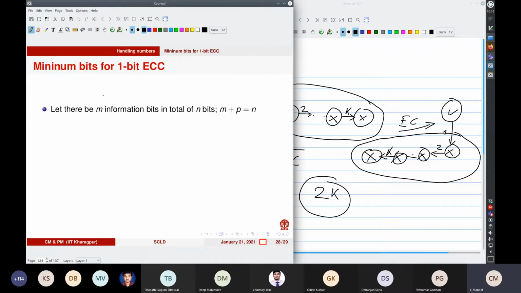All right. So let us say that you have got m bits of information overall, and a total of n bits. So you have the scope of having p parity bits. You have got m information bits and a total of n bits, so if you have p parity bits, then of course m plus p should be equal to n. All right. So now when you have a single bit error,